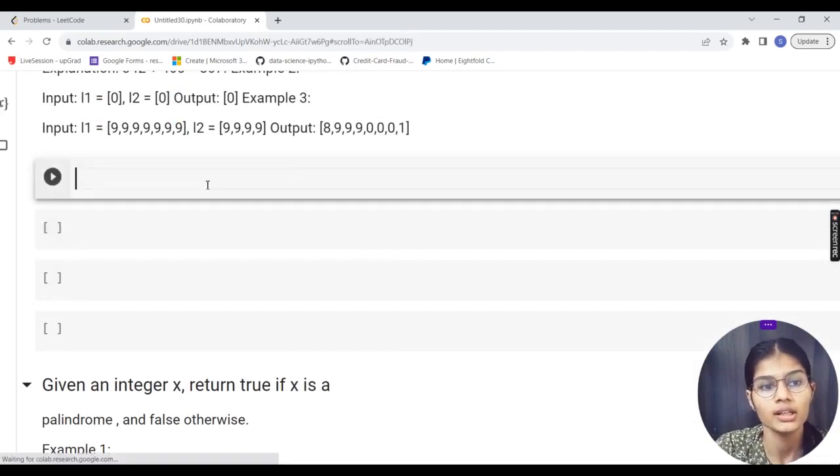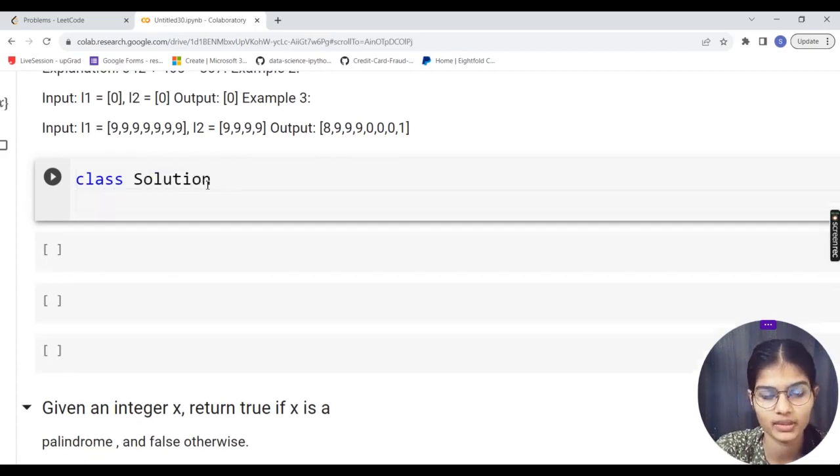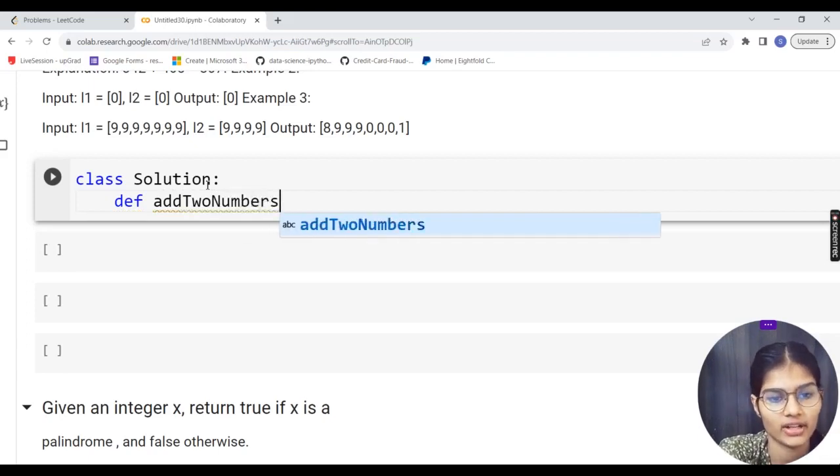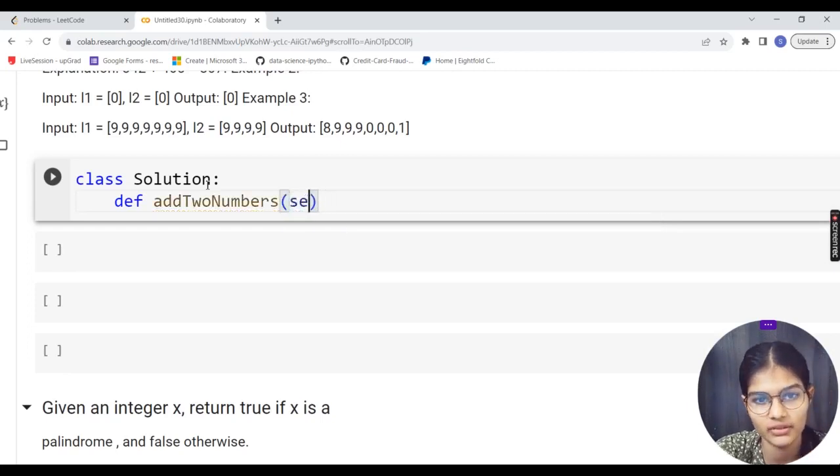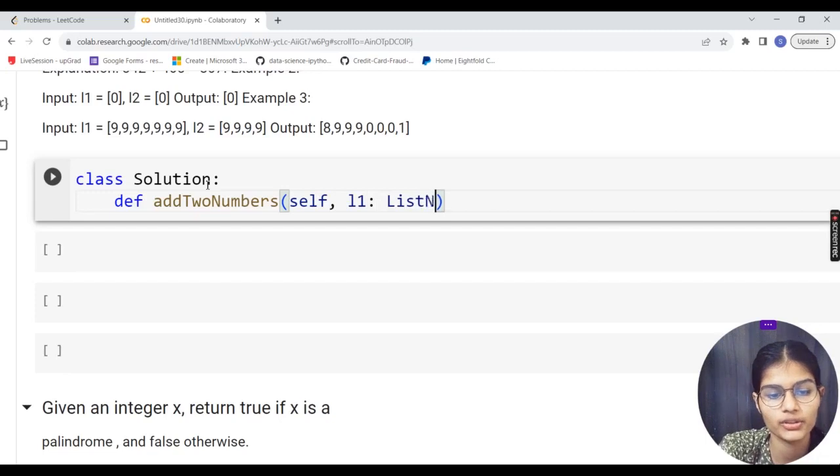So that is how this respective program has to be written and designed in this particular manner. So again, I'll very quickly make a class, which is a Solution class. Going for my function, and my function will be, let's say, addTwoNumbers. This is the name for my function. Now inside this function I would start by passing L1, that is my list 1, and I'll assign that as ListNode because we have nodes over here. Next will be my L2, my list 2, and again it is going to be ListNode.